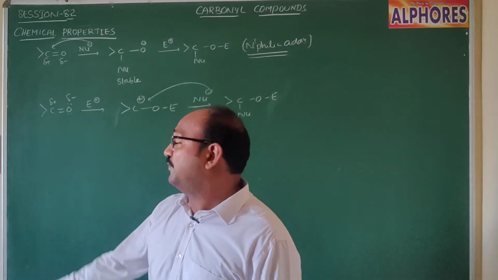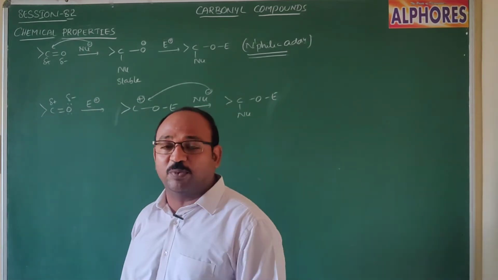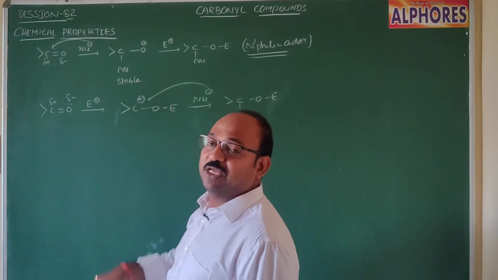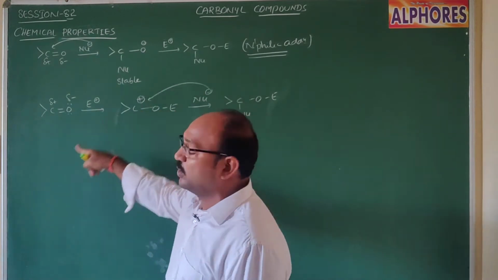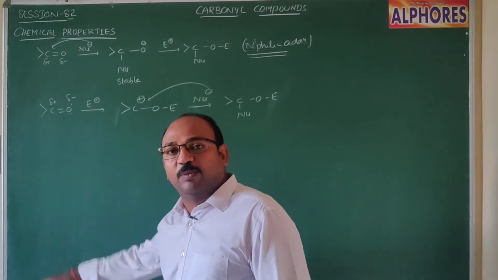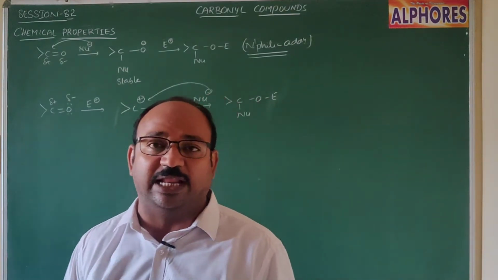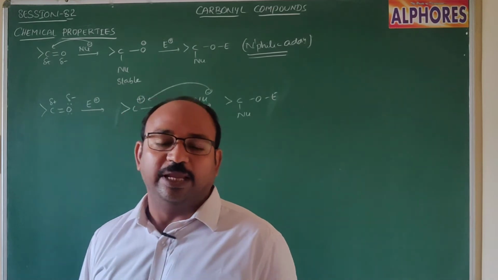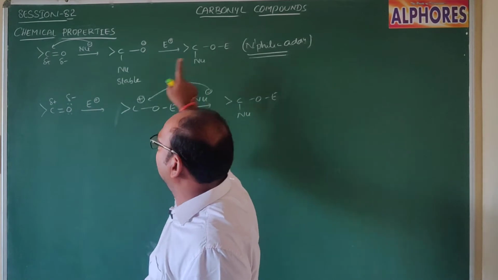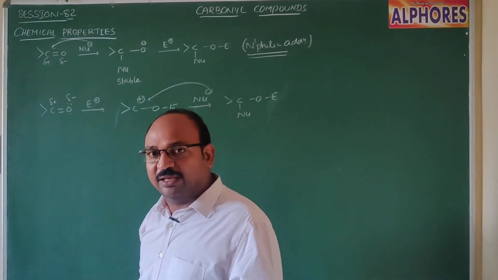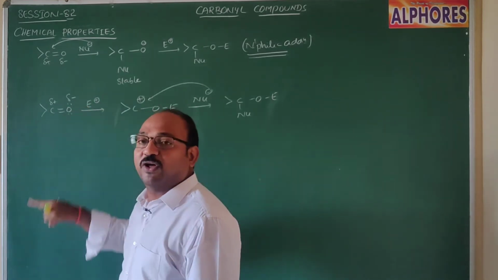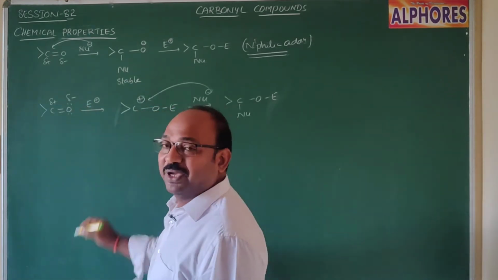What's wrong? Here the electrophile approaches first and an oxygen-electrophile bond forms. Then a positive charge appears on carbon. Then the nucleophile approaches the carbon, and you get the carbon-nucleophile bond. Now I write it like this and call it an electrophilic addition reaction. Shall I call it like that? No. Here two things we need to remember. First, why are you writing like this and not like this? If the electrophile approaches oxygen, a new bond forms between oxygen and electrophile, and a positive charge appears on carbon.